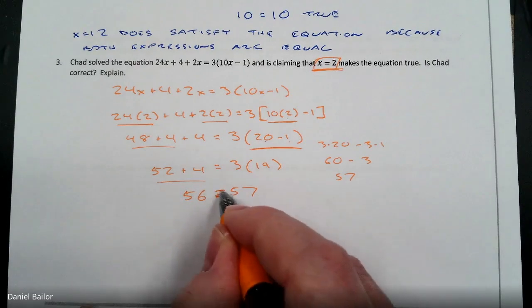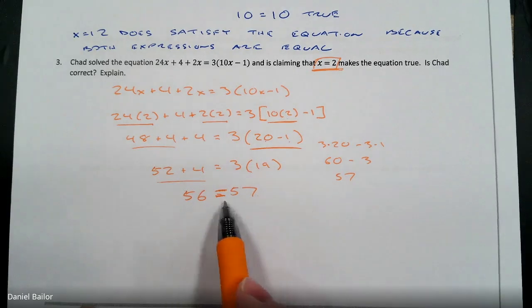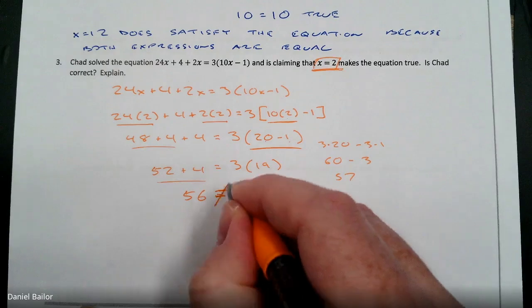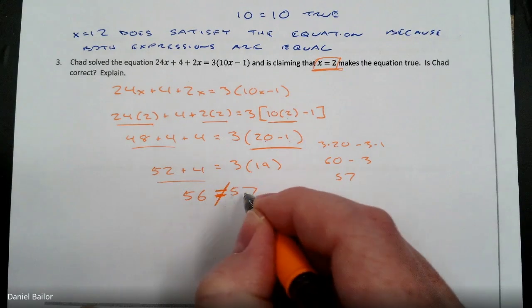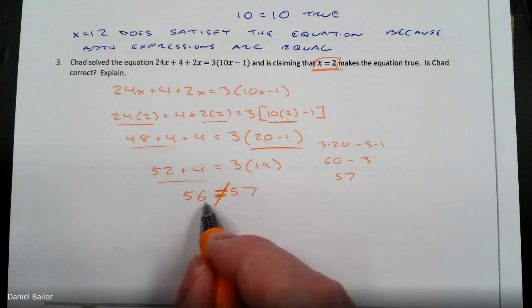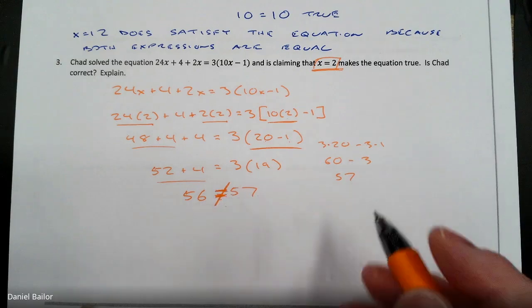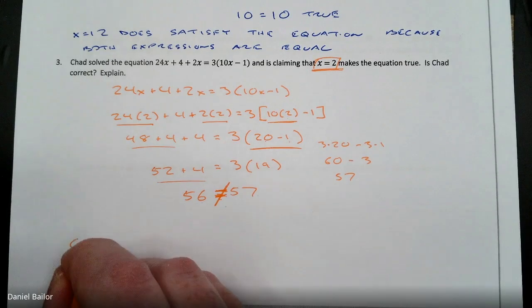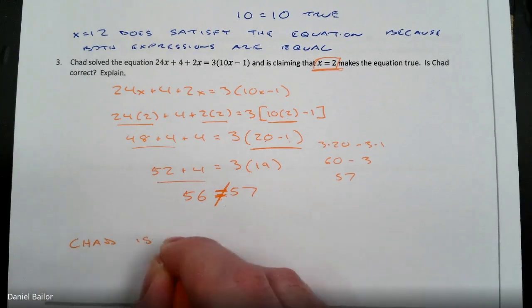And now when we do both sides, we get 56 equals 57. Sorry, Chad. 56 does not equal 57. So Chad is wrong